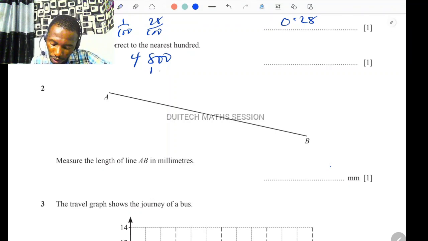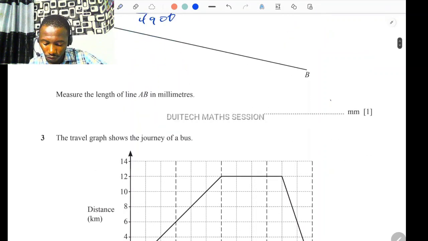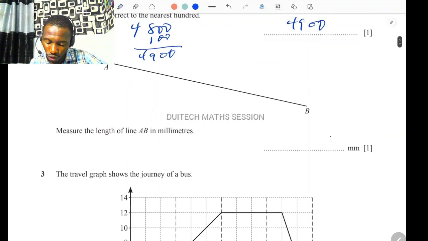If they fall between 5 to 9, you are picking 1. Because 7 falls between, that's the nearest number to that, 8 falls between 5 to 9. We're picking 1. So we add 9, 4. So the answer here is what? 4900. So the next question, number 2, says we should measure from A to B, and of course it's in